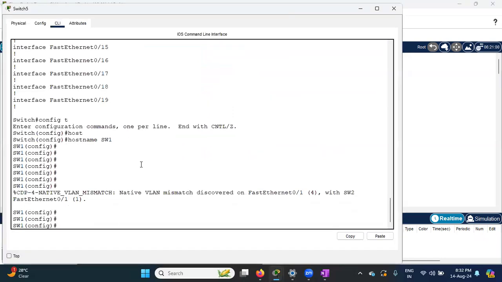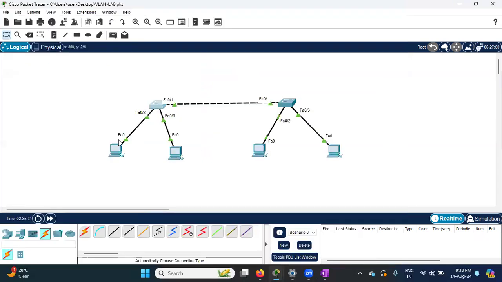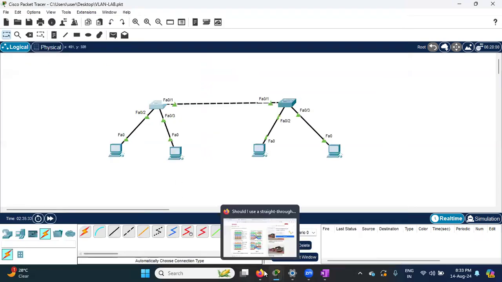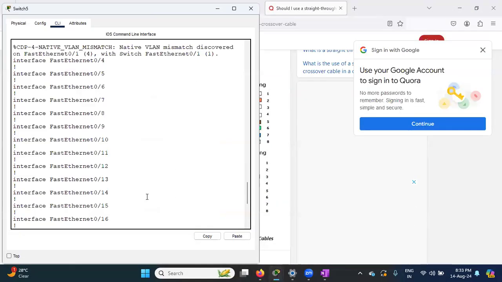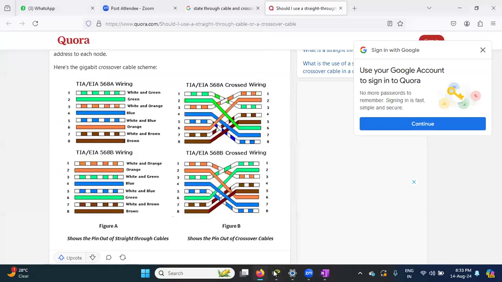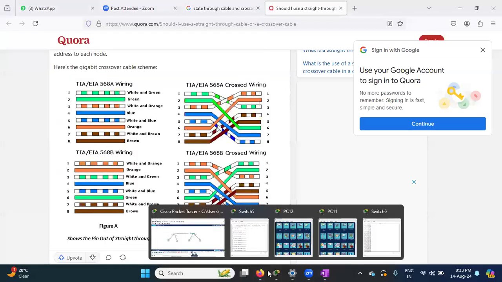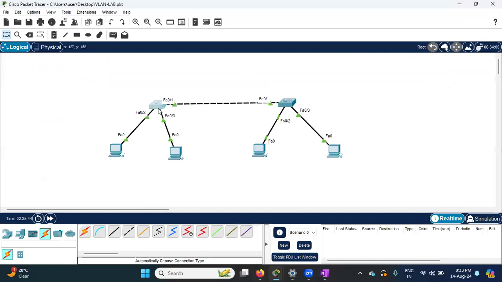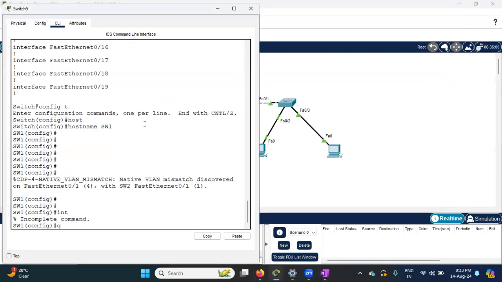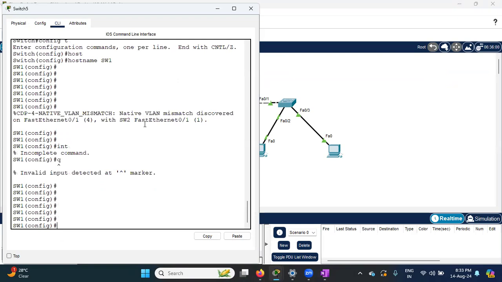native VLAN mismatch, no worry. So why config is coming up, I will explain once we learn the native VLAN. Interface 2 and 3, right? So you have a two-way, I mean four-way, to configure the VLAN. So you can configure VLAN 2 here, VLAN 10 here,